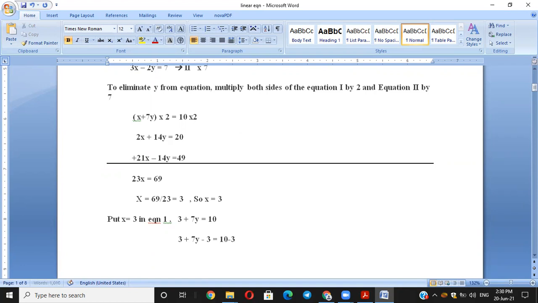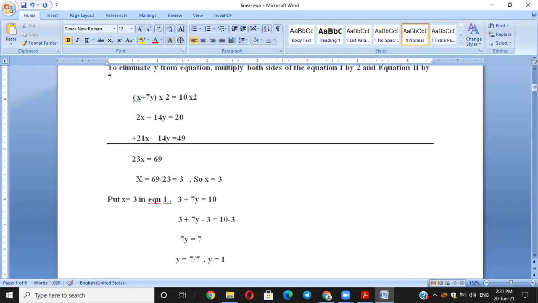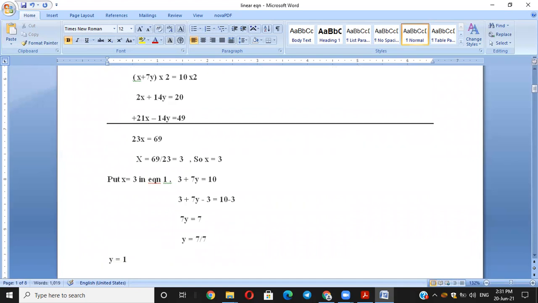Now this equation will become somewhat like this. Only 7y will remain here, because 3 minus 3 is 0, is equal to 7. 10 minus 3 is 7. So therefore, further, what is y? y will be equal to 7 divided by 7. Divide by 7 on both the sides. So you will get y equal to 1. Let us make it step by step. y is equal to 7 divided by 7 is the next step, and y is equal to 1 will be the next step.